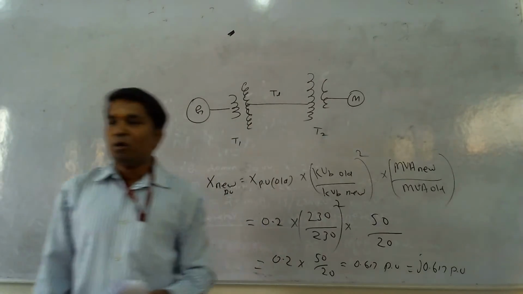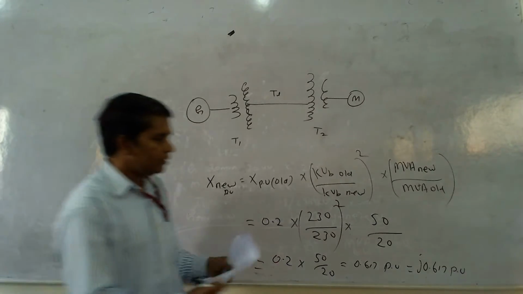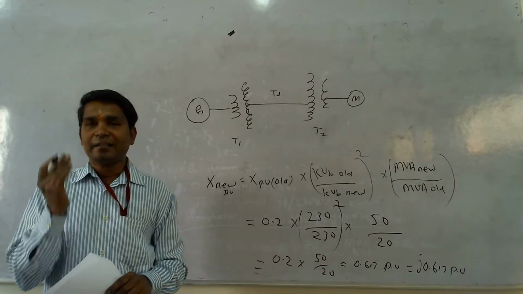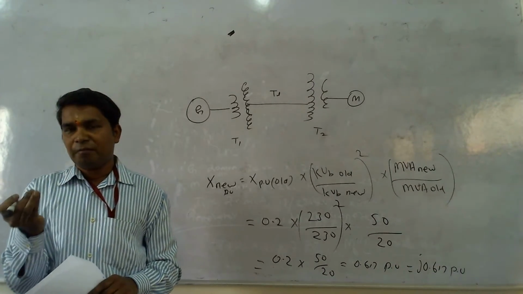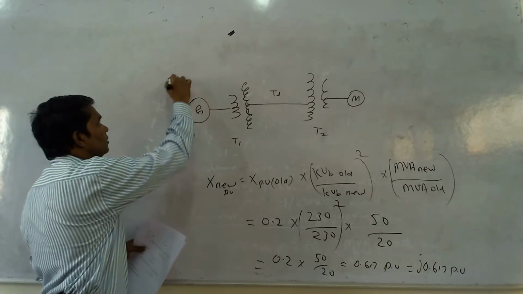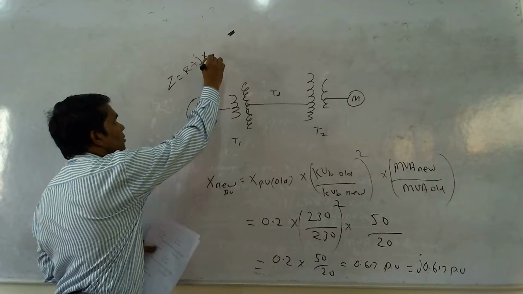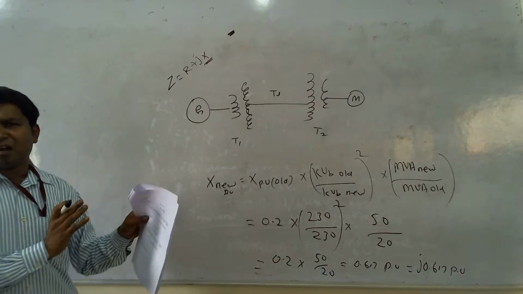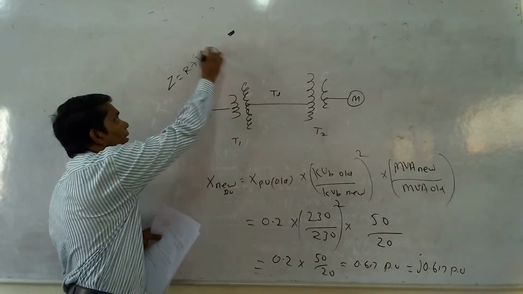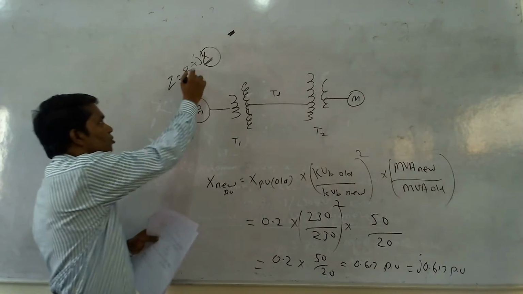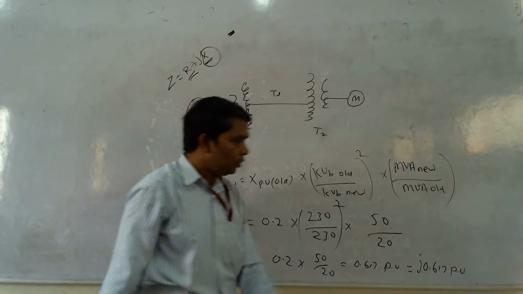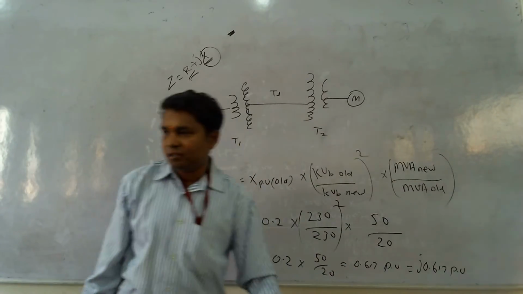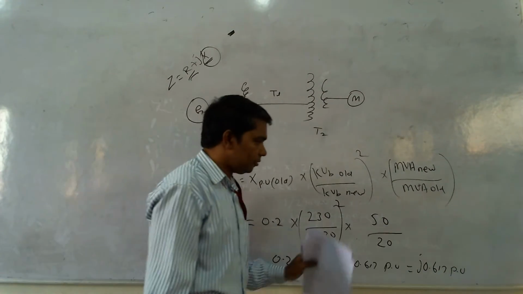The value will be noted with the letter j, because j is considered the imaginary quotient, because reactance values have the imaginary quotient. We know that our actual value is Z equal to R plus jX, and X is nothing but your reactance. So here in the reactance diagram we are considering only the reactance, not the resistance. So ultimately, at last, with the found value we have to use the operator j.